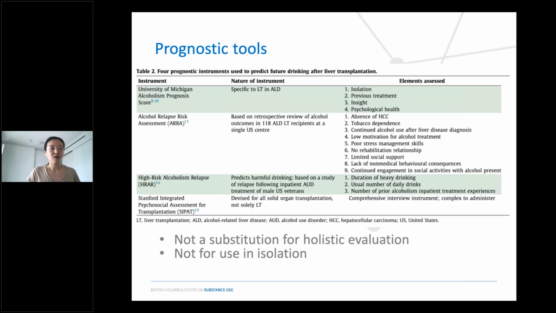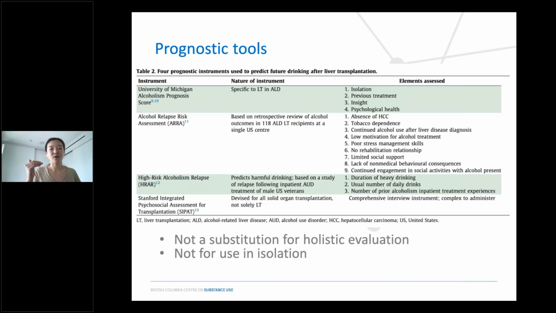And another question that we always have in medicine in particular is, well, if an individual factor can't do it, can we put it together and make a rule and make it into a tool that predicts? Unfortunately, there is no such easy answer. A number of groups have attempted to codify the pre-liver transplant psychosocial assessment into a prognostic score. These scores, at the end of the day, if you read through them, do have common features, such as